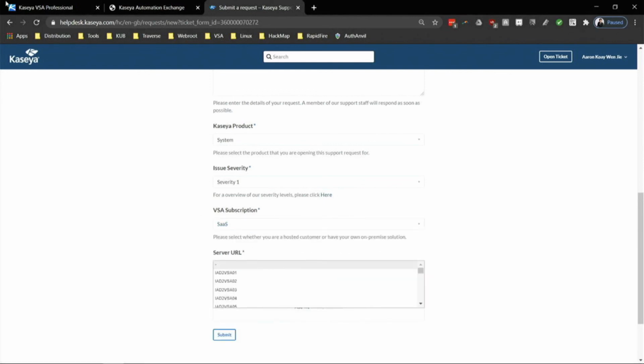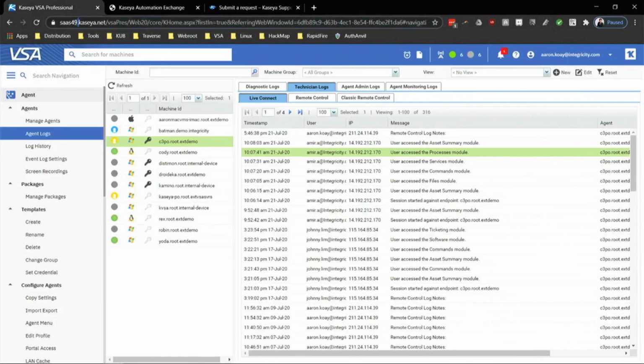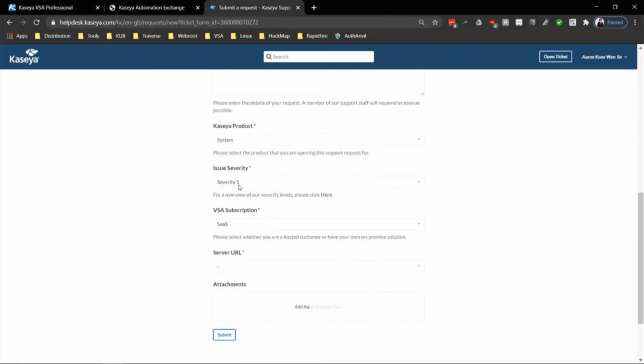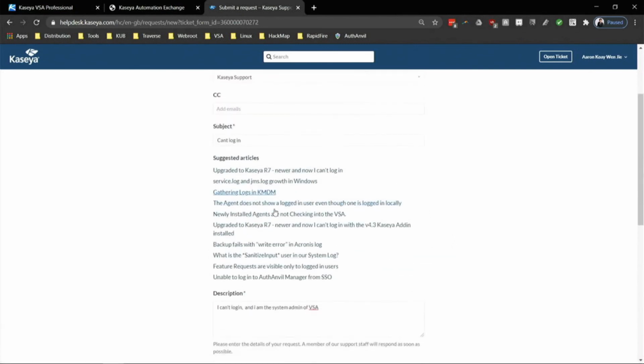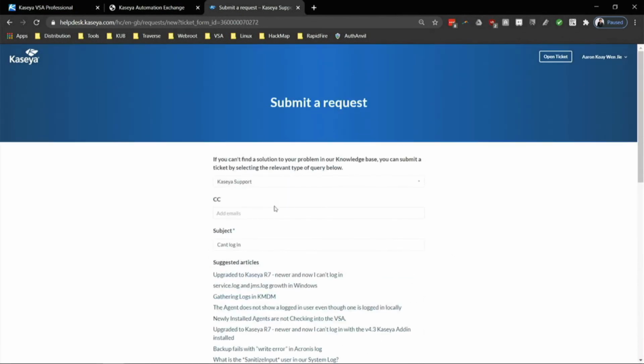For the URL, you need to define what URL you're at. In this case, I'm SAS 49, so I just select SAS 49. Once you have filled in all the information, you can click submit, and there you have a ticket. You just wait for Kaseya support to come back to you. So that's Help Desk. Now another one I want to show you is